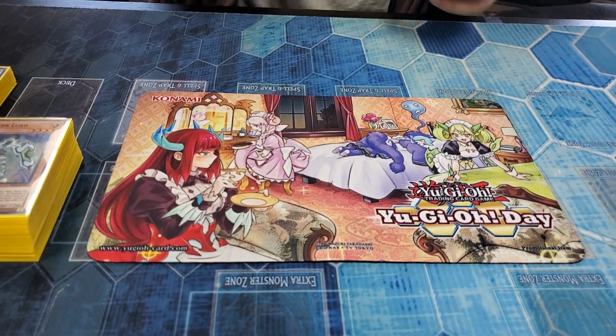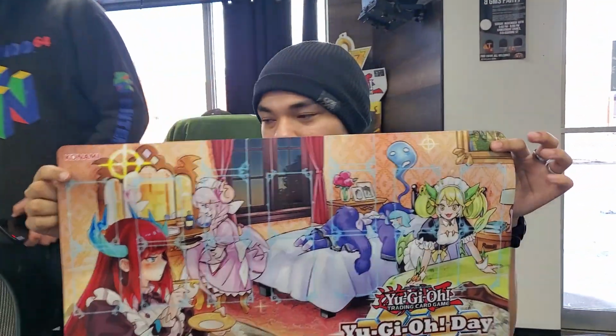So yeah, guys, we just had our Yu-Gi-Oh! Day event here at Fusion Gaming, and they actually had a contest this time where the person who ranked the highest while playing at least 10 cards from Mystic Fighters got the mouse pad of the mat. So here our friend has the actual mat. He got first, and